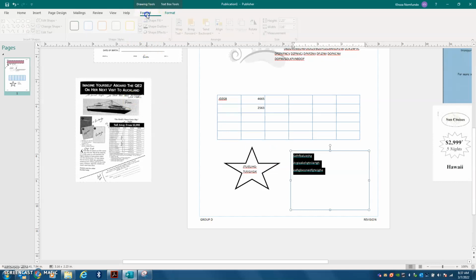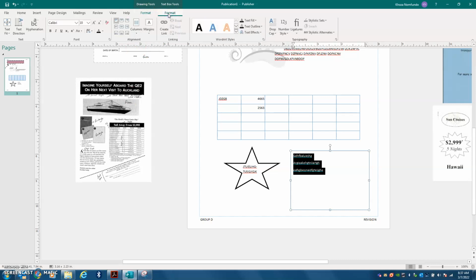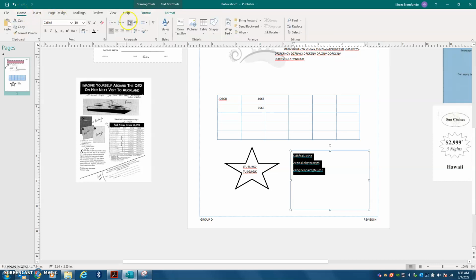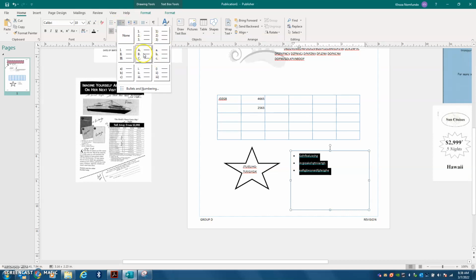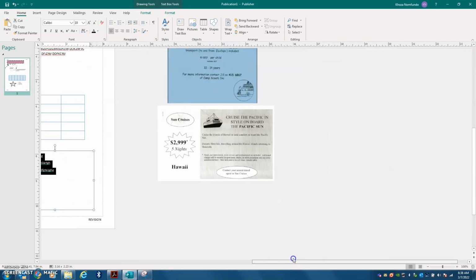Remember, when you're working with the text box, there are two things that are active: the shape and format. If there's nothing that you need to work with there, then you go back to Home. Then you have numbering, you have the bullets. If you want to insert the bullets, you just insert the bullets. If you want to insert the numbering, you go to Numbering, the down arrow, you insert the numbering according to the given style. Then that is as far as all the exercises that we did